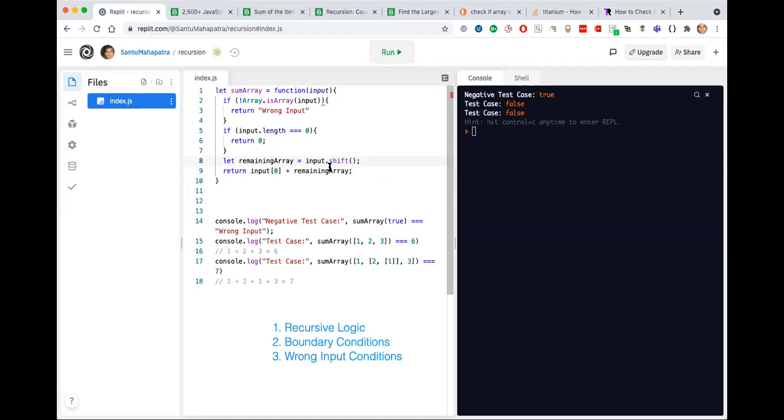Or we can do slice here. Rather than doing shift, we can do input dot slice 1 comma till the end of array.